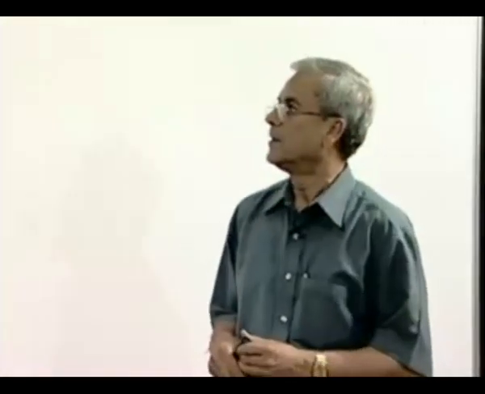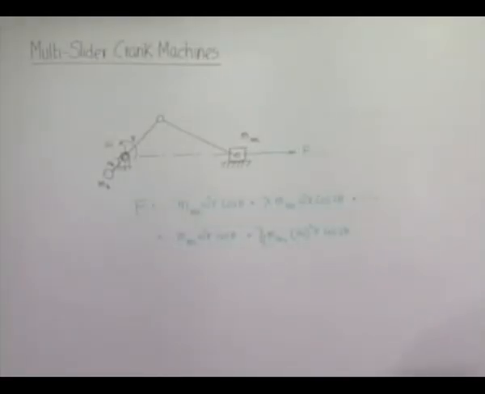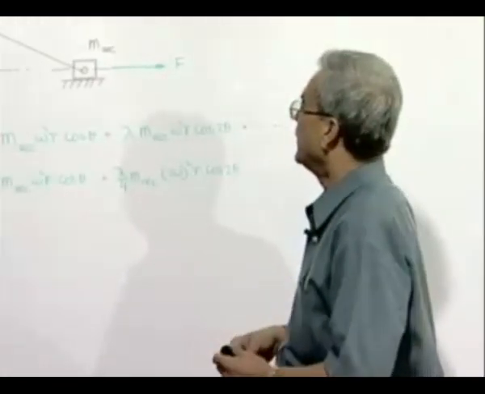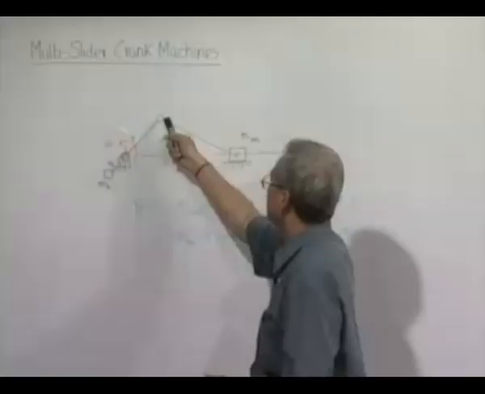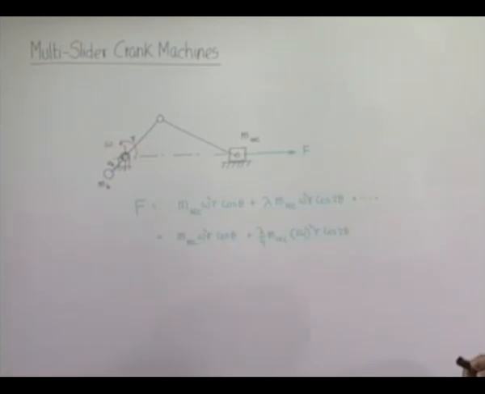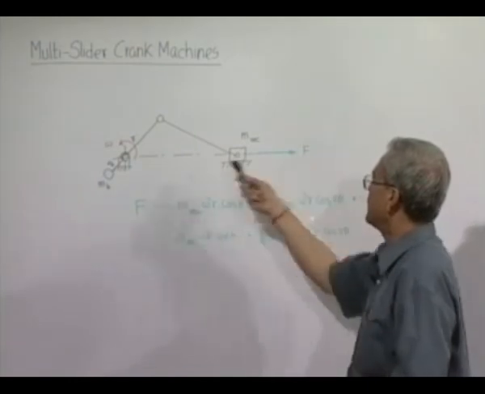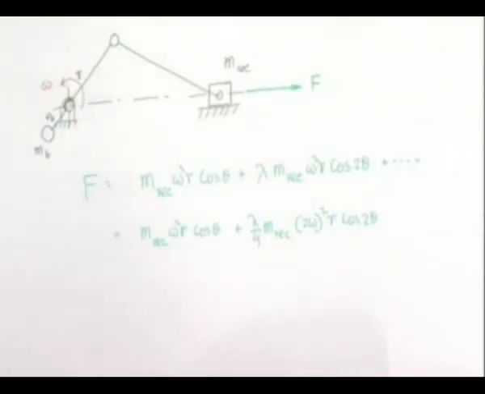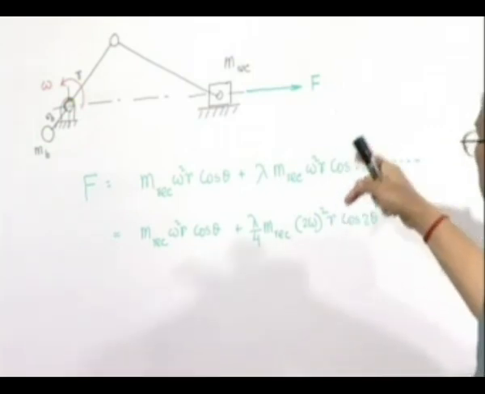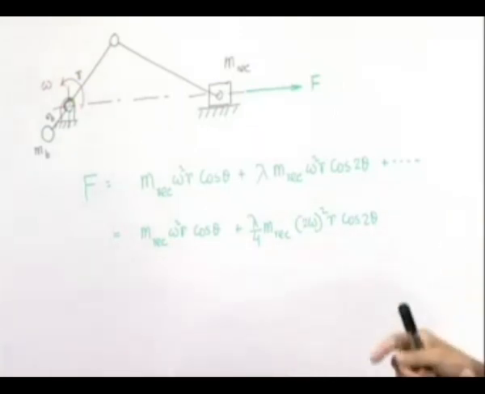In the last session, we have seen that a machine or an engine consisting of a single slider crank mechanism produces unbalanced forces in a manner, a part of which can be balanced by placing a balancing mass as a counterweight to the crank, and the reciprocating mass produces an unbalanced oscillating force along the system center line, and it can be expressed in terms of an infinite series